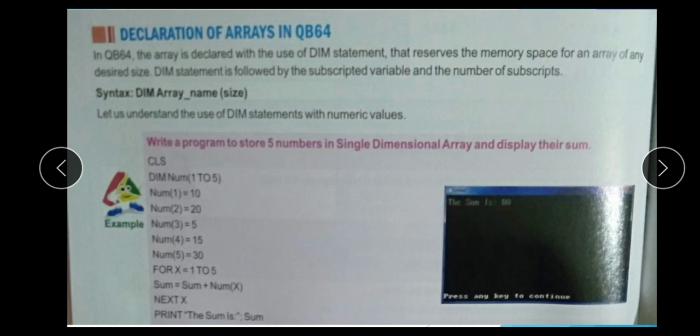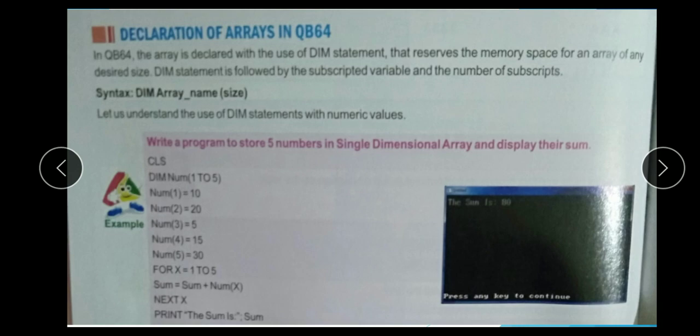Print the sum is sum. Then print sum is total 80. So this is an array. Here only one variable x is used for multiple values and provides the sum.